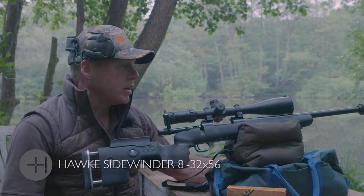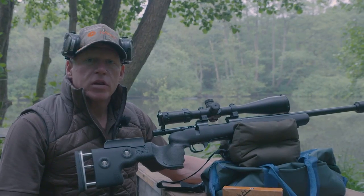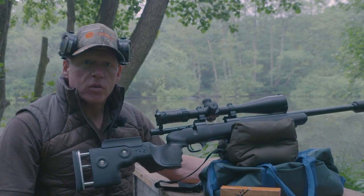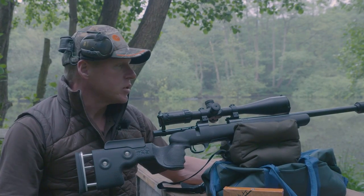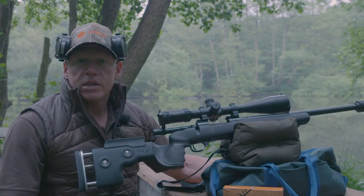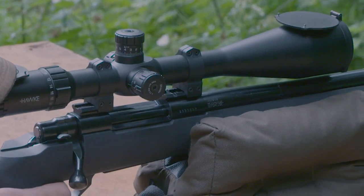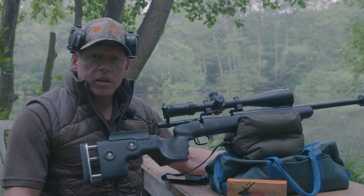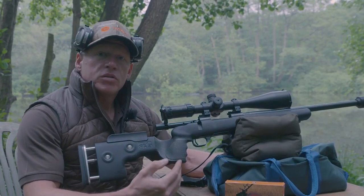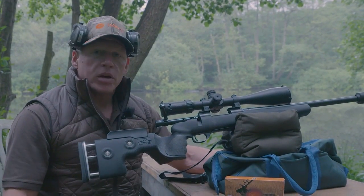Now, it's primarily designed as a long distance hunting and target scope, but because it's got a 5x zoom magnification ratio, it gives you a real versatile range of magnifications. I prefer to shoot between 6 and 8 mag when I'm in the woods, in a tree stand, maybe hunting roe or muntjac, but also if I'm up in the Highlands of Scotland or out in mountainous terrain in Spain, and you're shooting 350 yards, it's good to have that extra magnification, which is where the 32 mag zoom really